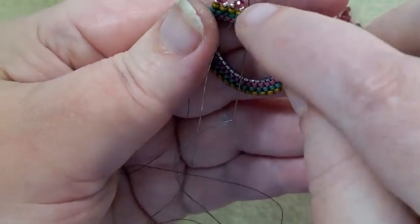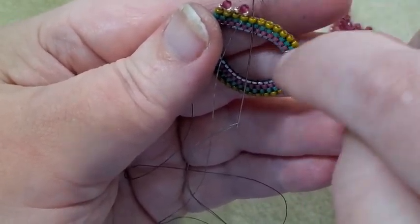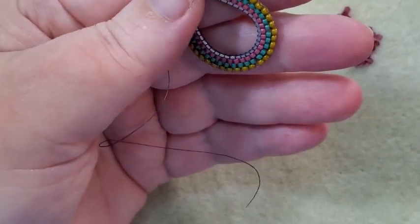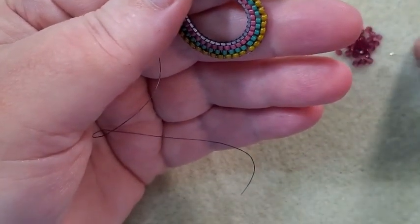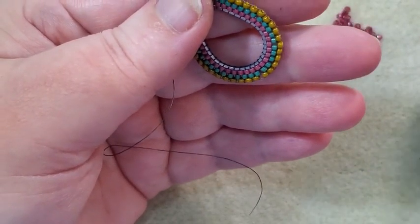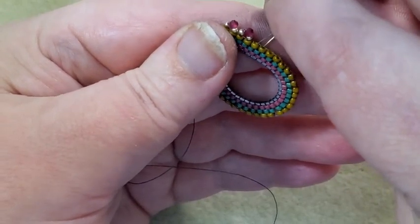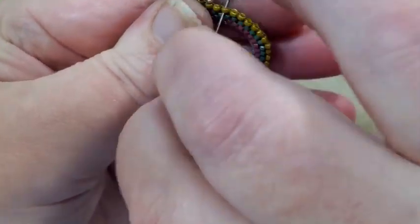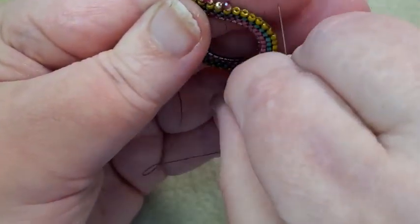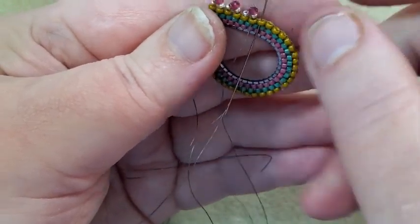So see, I'm going in one, or out one and in one, and that's why I needed it to be an even number so it would work out at the end. So I'm going to do a 15/0, one of my little 2mm, and a 15/0. And I'm going to go from the top of this bead into the top of the next bead. Pull my thread through, and I'm going to go up the next bead,